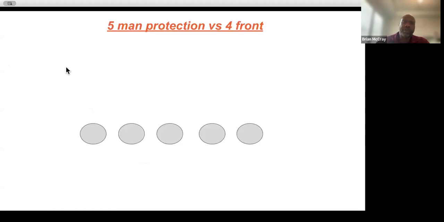So let's talk about the 5 man protection in the forefront and out of the empty set. If you have an empty set, I'm going to draw one here. I'm going to put in the line safety, and I'm going to put the three technique, one shade here, and we'll put one backer in the middle, safety on this side, and two receivers out here with the backer in the corner. The big question a lot of people ask me, and that I get from my offensive linemen, is: when we're in an empty set and trying to throw out of here,